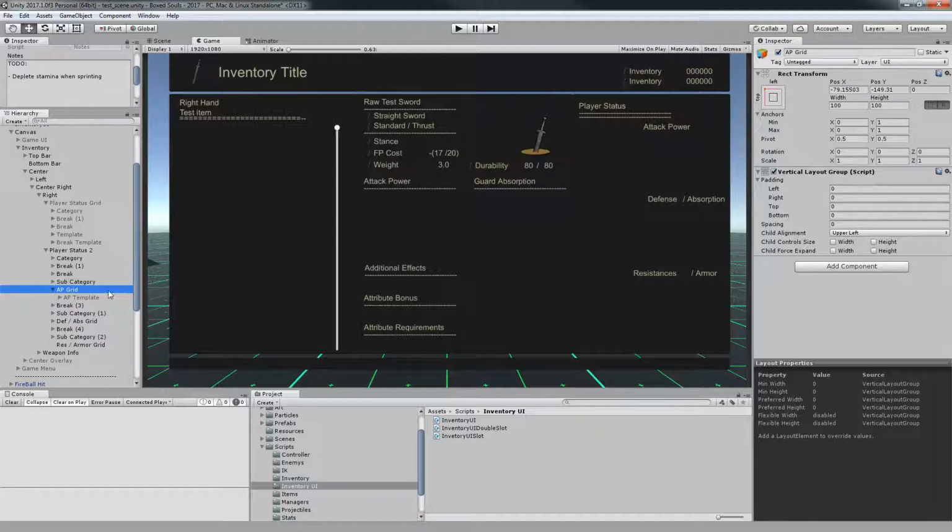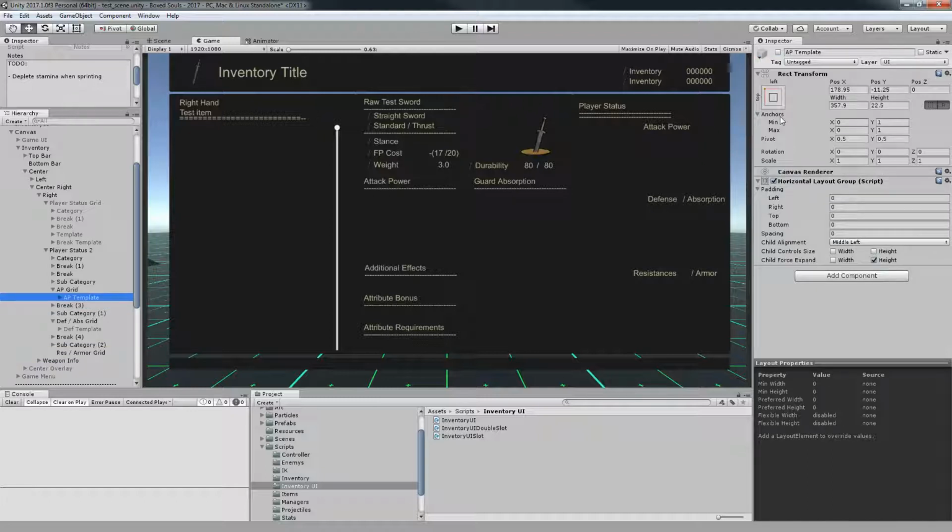So I have the action at the attack power grid, which is basically this area. We have the defense absorption grid, which is this area, and we have the resistances and armor and stuff like that, which is this area. Okay, you can see their settings in the vertical layout group. Just untick both of these, and the template is basically,